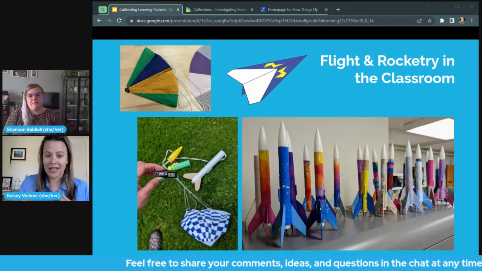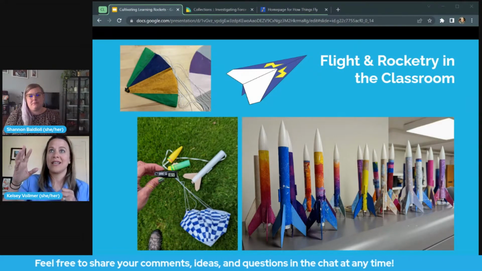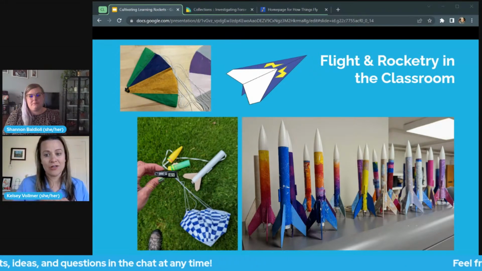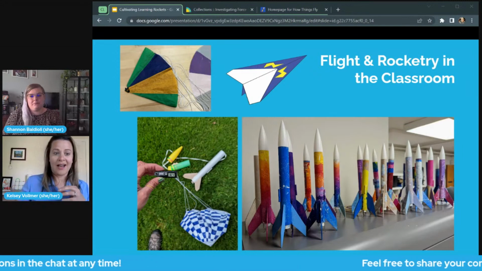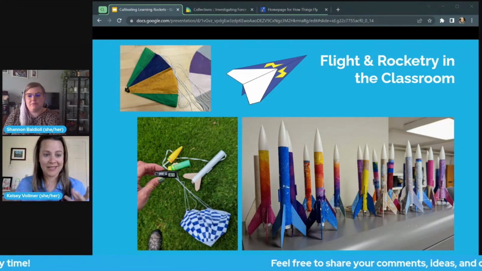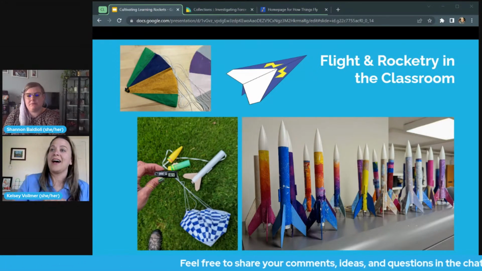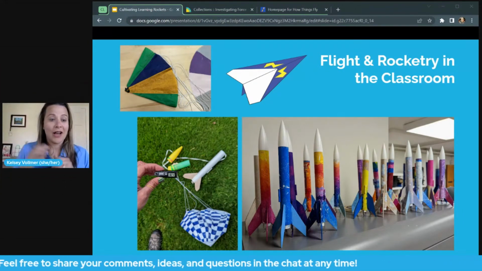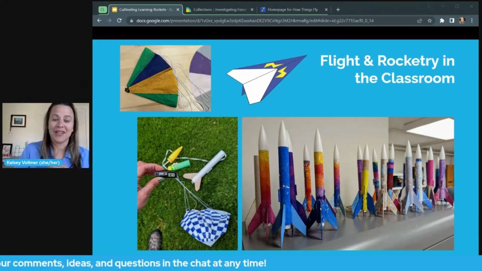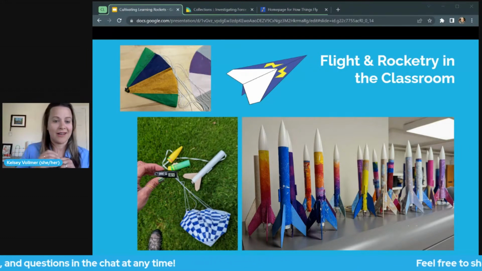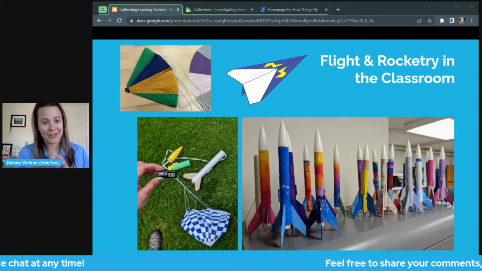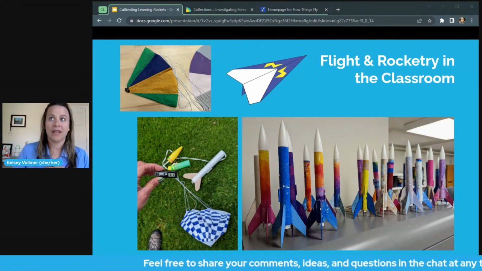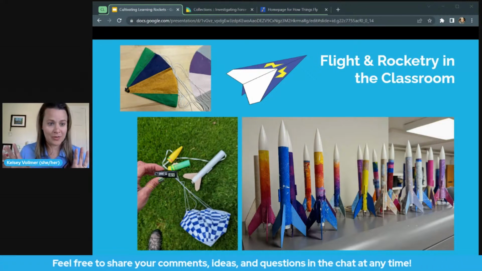And then we get into flight. Flight is really where I start to bring in that How Things Fly website, starting with Bernoulli's principle, because students need to understand Bernoulli's principle before they can really understand how it is that we get airplanes up in the air. Another thing I want to talk about with flight is I do a paper airplane design challenge with students, and the How Things Fly website has a wonderful paper airplanes page